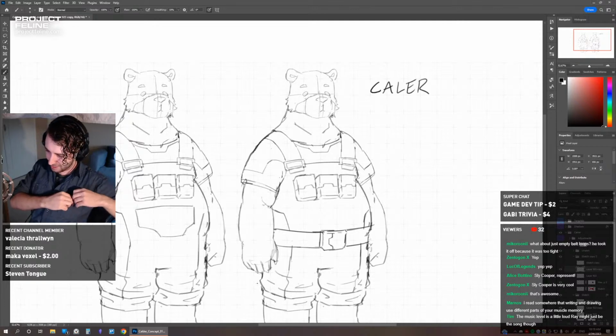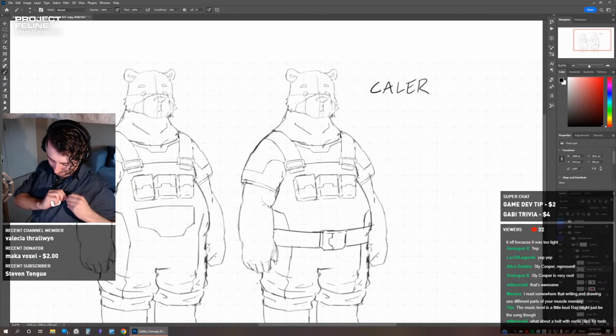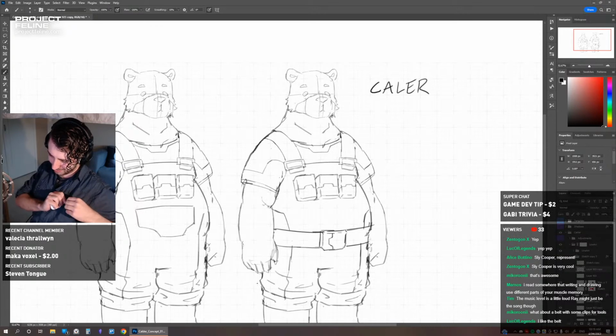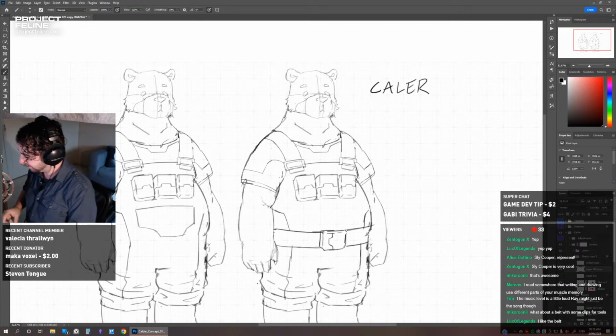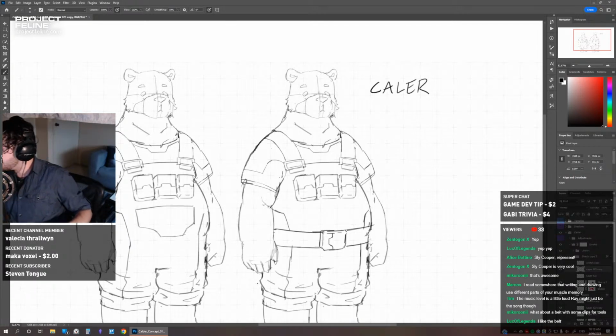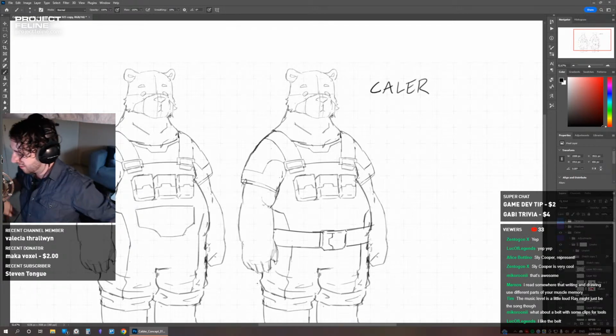So if I was wearing Calder's costume, I would not want a big bulge where my belly is, because Calder's already pretty big, and we don't need more volume. So maybe a belt, because with a belt you can hang stuff, you can have little pockets on the belt. I think if it were me wearing it, that's what I would prefer, because I like belts.